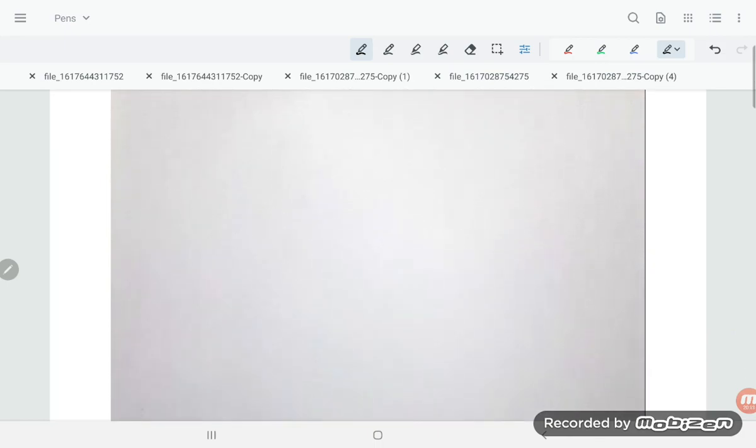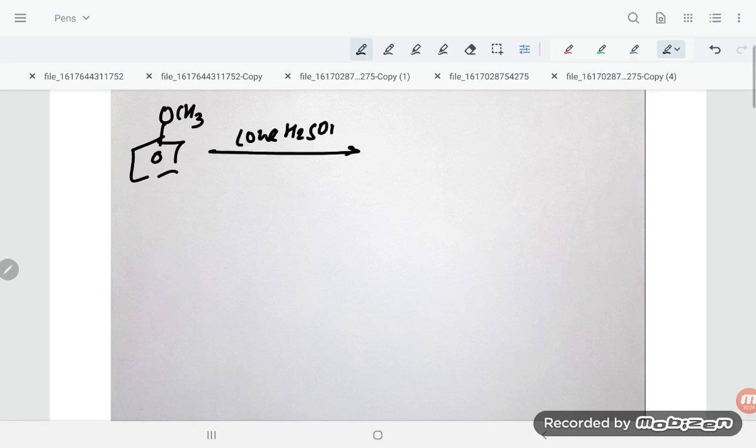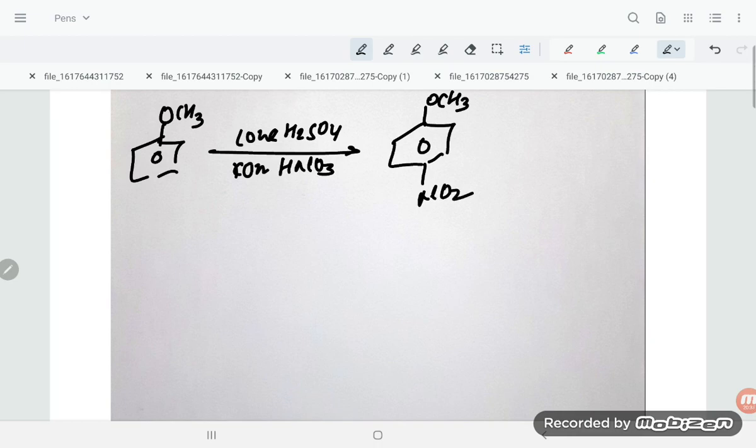Now if you are treating with H2SO4 and nitric acid, dear students, nitration is similar, it will give the nitration product. Here is concentrated H2SO4 and concentrated HNO3. The product you are going to get, student, is OCH3 with NO2 downside as the major product, dear students. So this is all about the chemical properties and method of preparation from alcohol, phenol and ether, student.